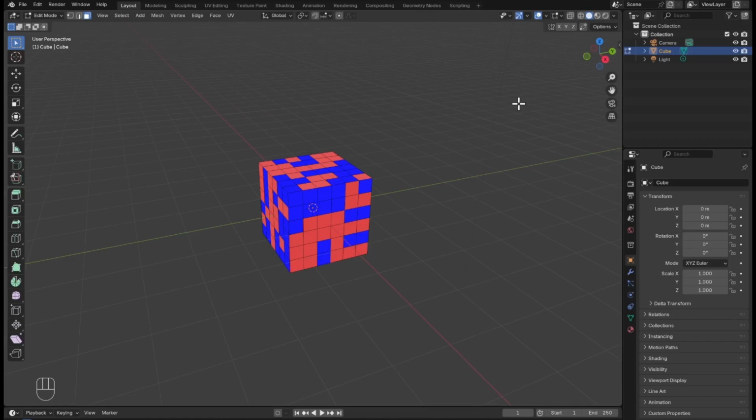Hey everyone, today I'm going to talk about face normals, what they are, what they do, and how you can spot them. I'll also show you how to view normals properly, because starting with Blender 4.4 and newer, a few things have changed, and the default behavior isn't quite the same as in older versions. So if you're used to how normals worked in previous Blender versions, don't worry, I'll show you how to get